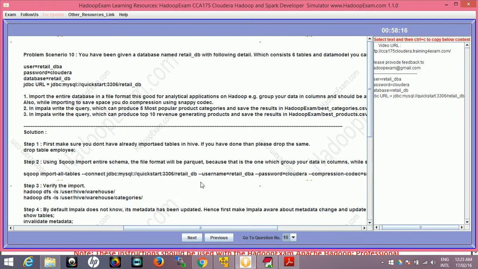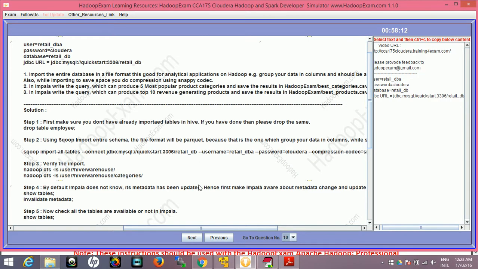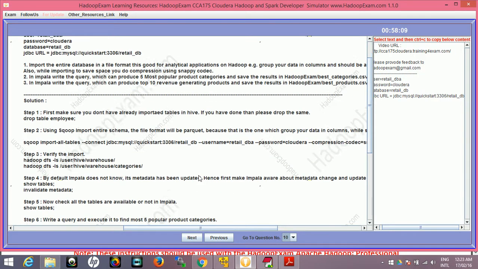Why Hive? Because Hive and Impala both refer to the same warehouse directory. So the way you query the data in HDFS is the same, but the underlying implementation of Hive uses MapReduce and Impala uses something else which is faster compared to Hive. And Impala is a tool created by Cloudera. Okay, so let's go to the